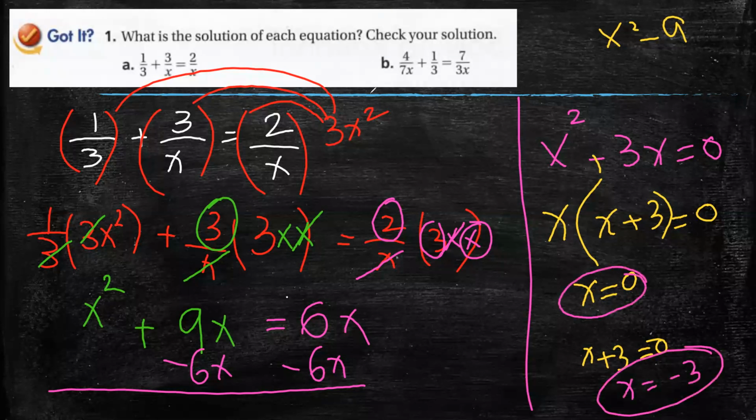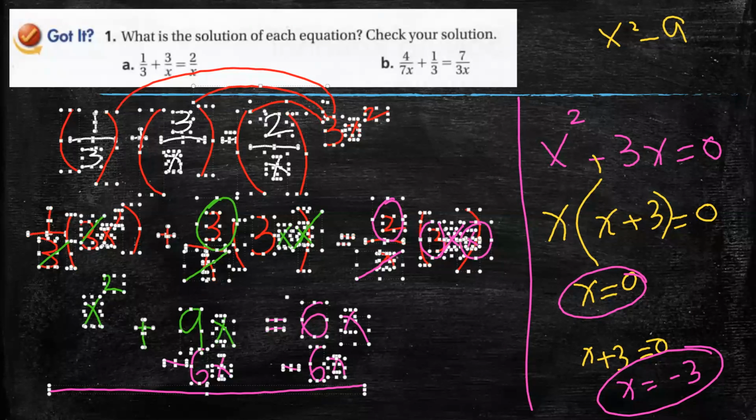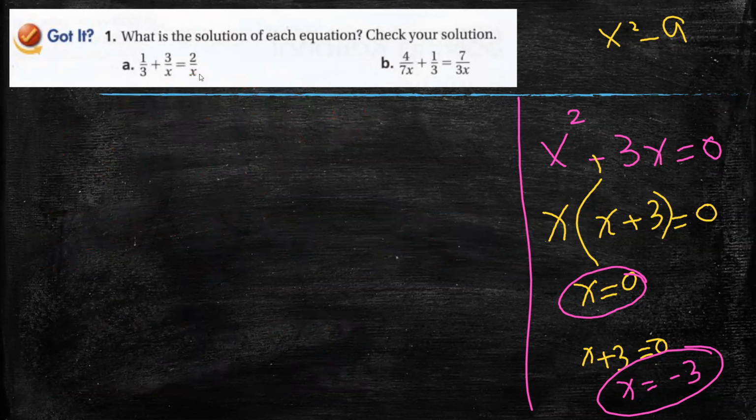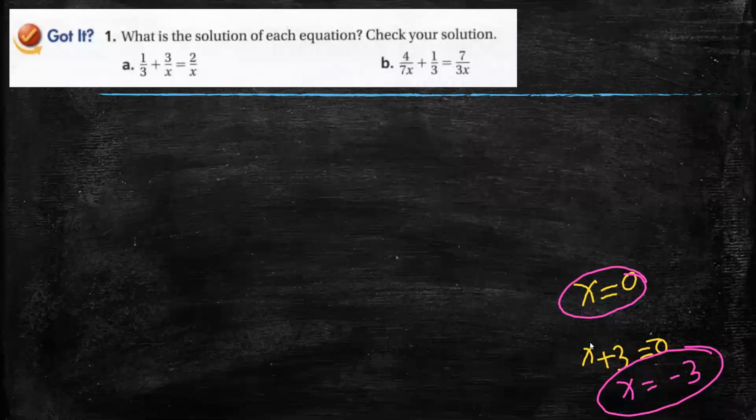Now, let's check. After we find the least common denominator, multiply, and solve, now we check. As you see, we have 2 solutions. We have to check which one will be the solution. Maybe both of them, maybe one of them, and maybe none. To check, 0 cannot be a solution because